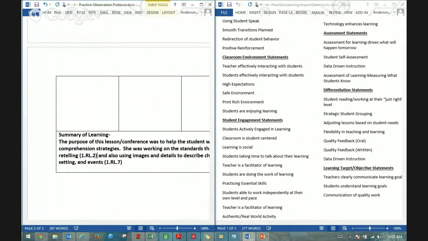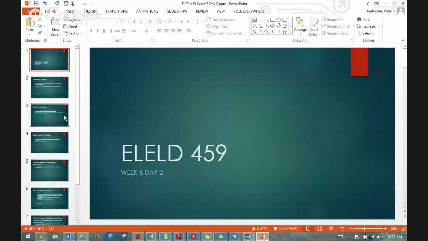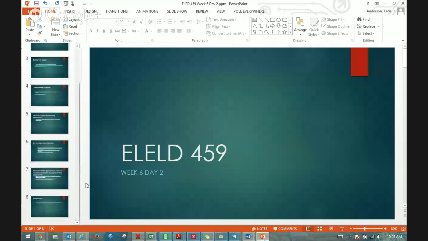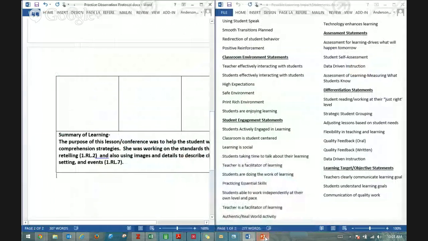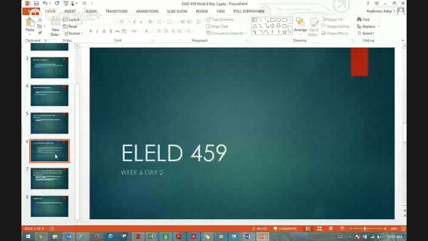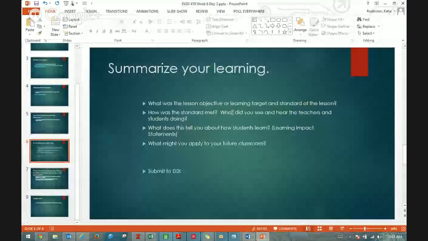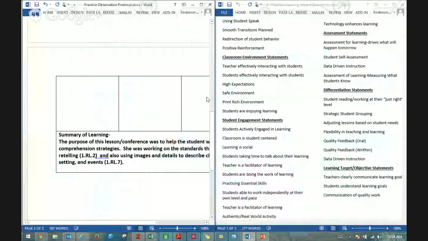So I'm just noting what standards she was focusing on in this lesson. So then, if you remember, that talks about the objective or standard that the teacher was meeting. Now let's talk about how the standard was met. So the standard was met